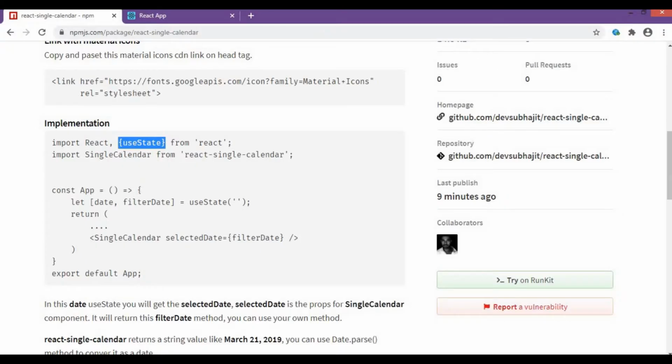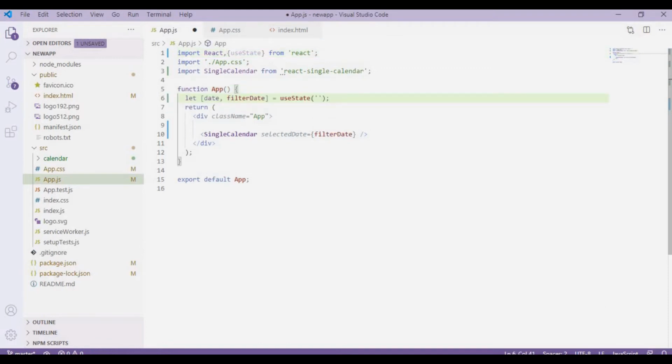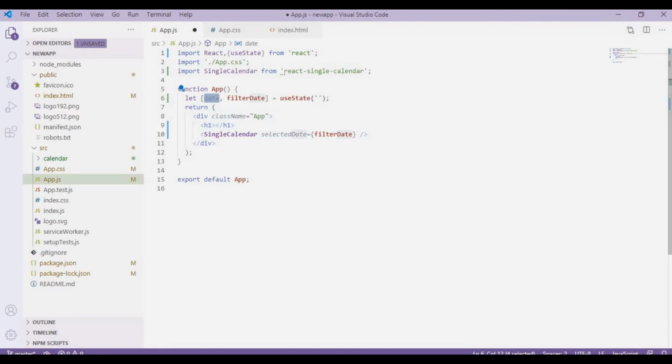And then I'm going to use this one also, or you can use any name like date or filter date, any name over here. So I'm going to use this useState, copy, and then paste it in my code like this. And then I'm going to have an h1 tag to see how this date is coming.